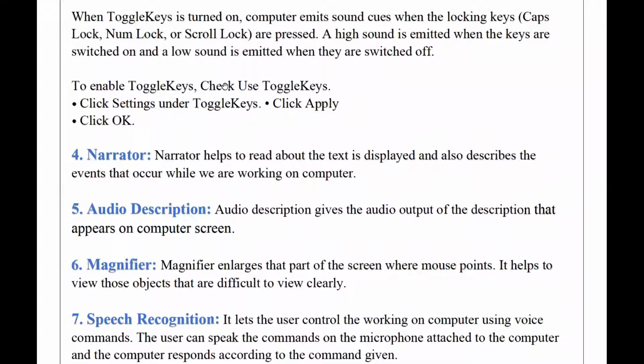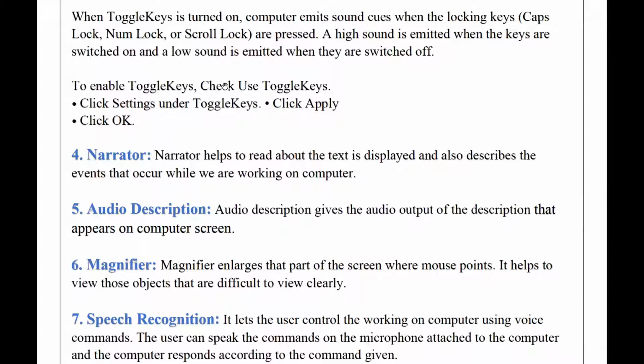Just like if I am going to click on the browser, it will give me a brief description that it is a web browser and you can explore the internet by clicking it. If I click on the control panel, then it will describe that it is a control panel, and by clicking this you can change the settings of your computer.